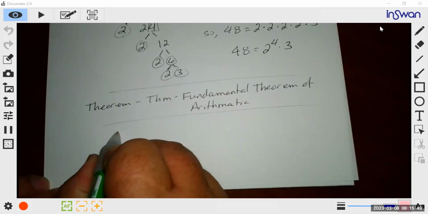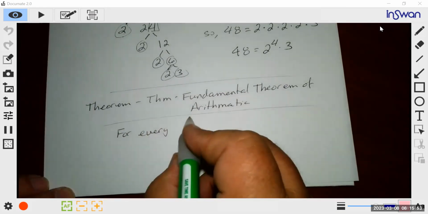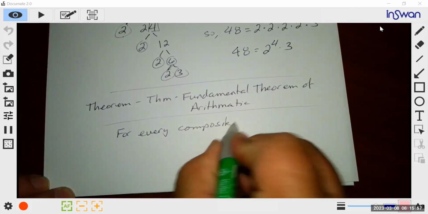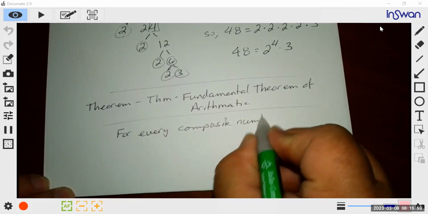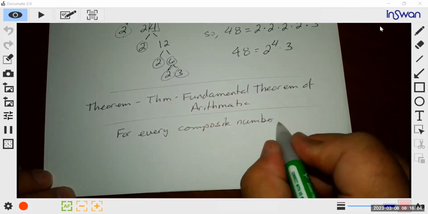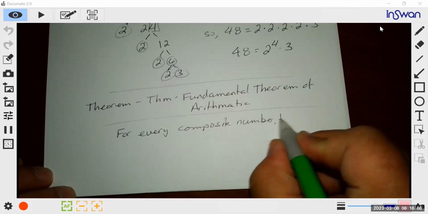What it says is, for every composite number